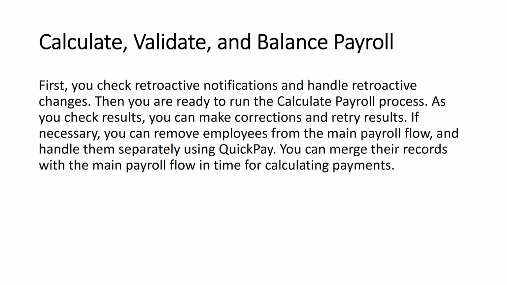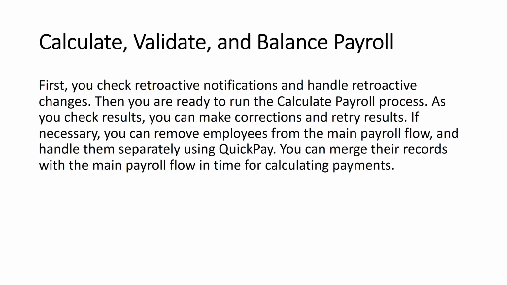Now, next one is calculate, validate, and balance payroll. Before payroll calculation or before running the payroll, we need to run the retro payroll, that is for the arrears process. So if your retro payroll is completed, then you are ready to run your main payroll. So calculate, validate, and balance payroll is nothing but using the calculate payroll process. So you need to go to the payroll checklist and run the calculate payroll,